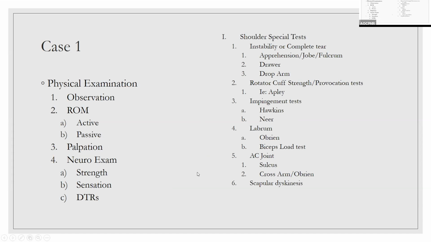So here is an example of what you might do for a shoulder exam. You do your observation, your active and passive range of motion, palpation, and then your special tests, like your neuro exam. Shoulder has a lot of special tests. None of them have particularly high sensitivity or specificity. That's why we do a lot of them, just to make sure. The more that you have, hopefully the more